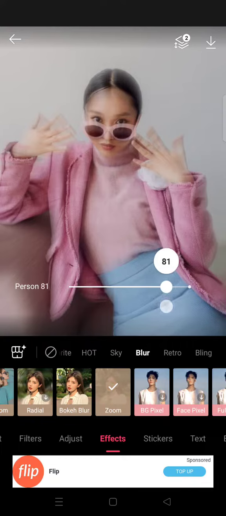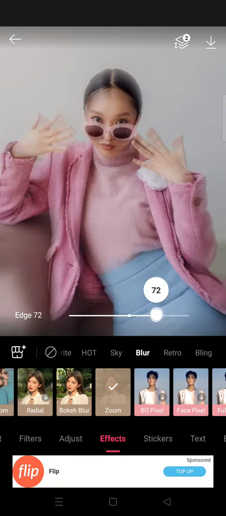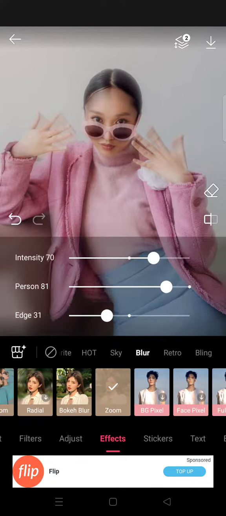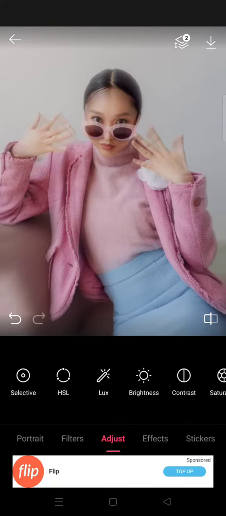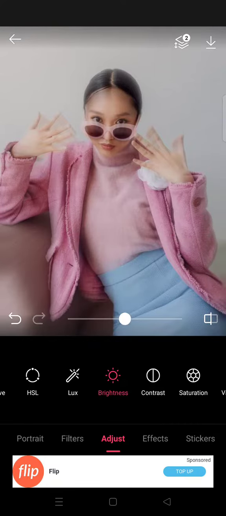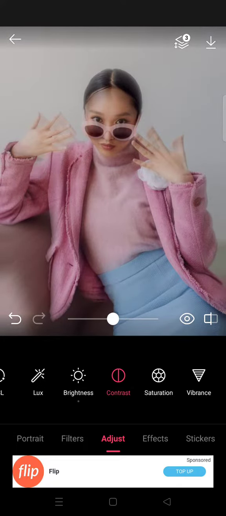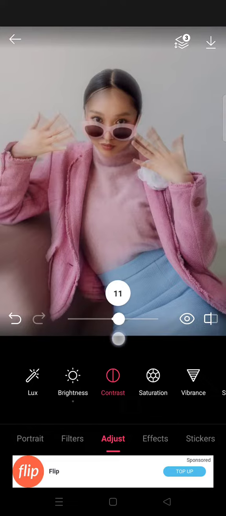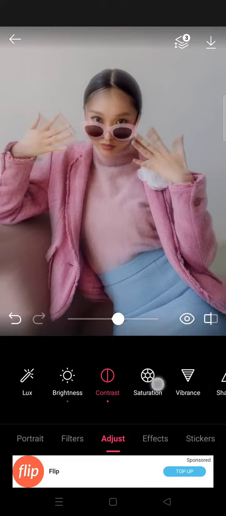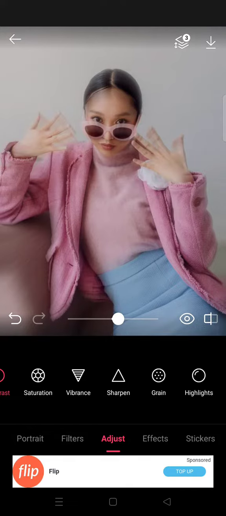I'm going to lower it into like 80 like this, and then you can also adjust the age. I'm going to lower it into 30, and then here you can also make some adjustment like lower the brightness or add the brightness. So you can just go with the adjustment into your liking. That's up to you, but I'm going to go with this, and here I'm going to add some